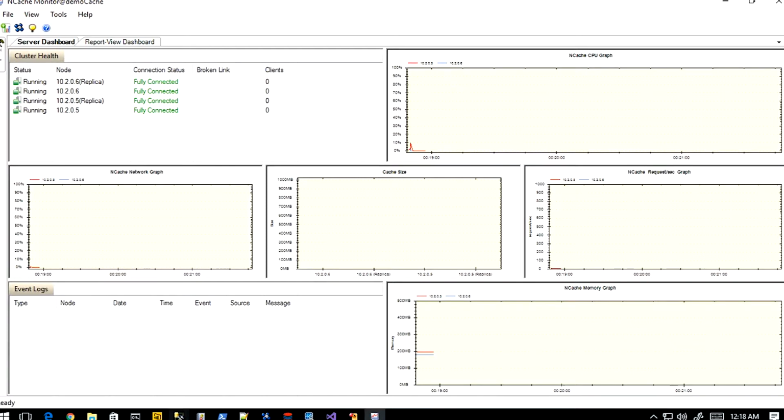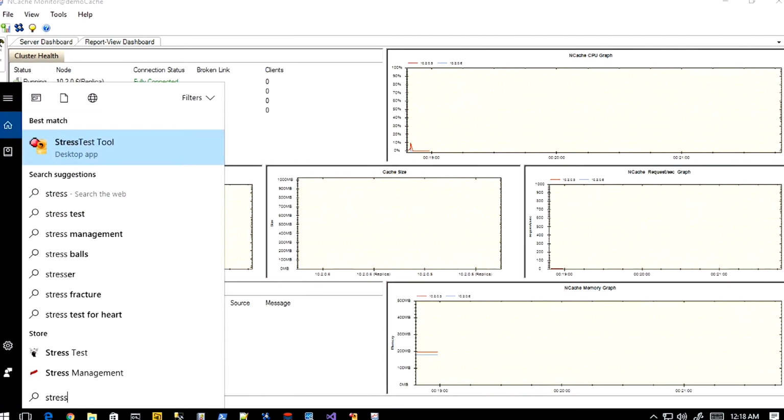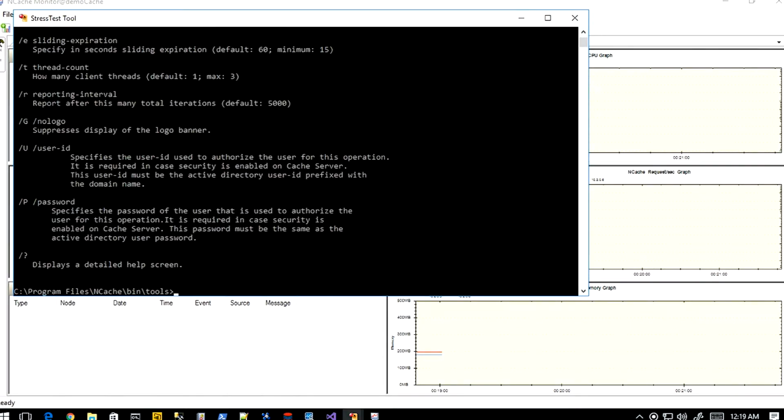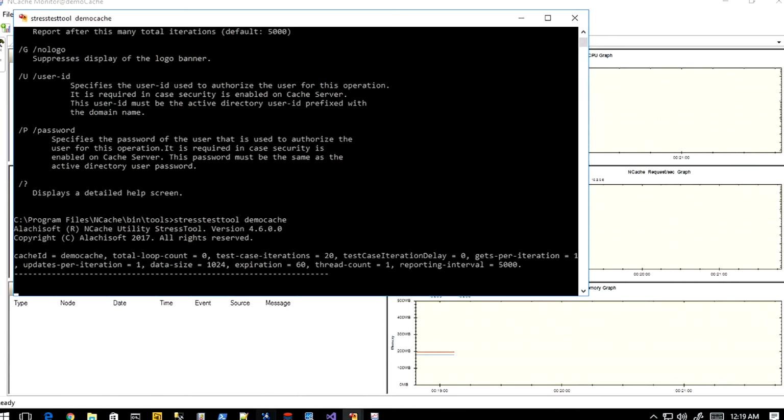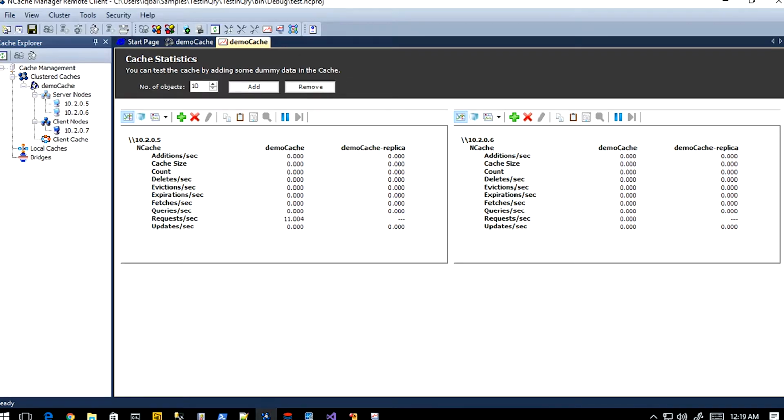And I'm going to come here and say stress test. So I'm going to actually run a stress test. NCache gives you a stress test tool that lets you very quickly, without any programming, test activities against your cache. So you can simulate what your application will do: how many reads, how many writes, what's the average object size,